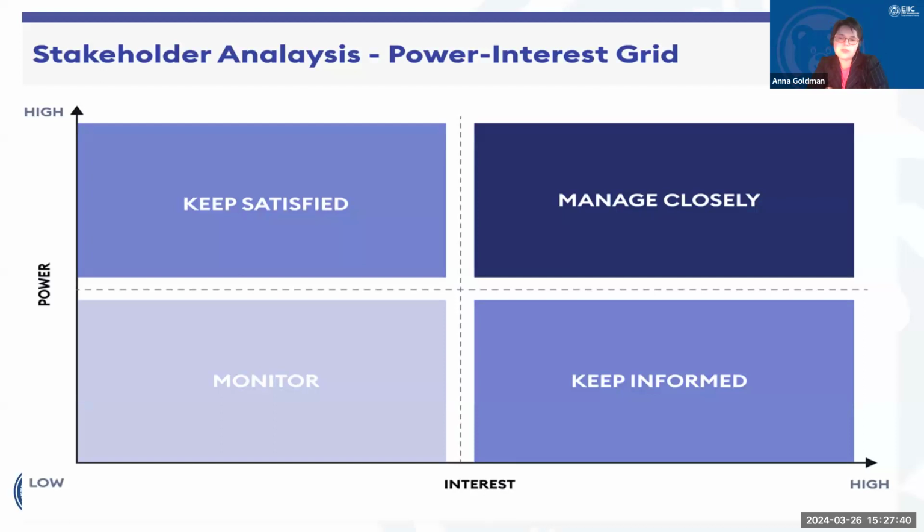I'm going to just let you guys unmute and let us know what you think. So the horizontal line is power, right? How powerful this stakeholder is for our project. And what did I not say? Right, the vertical line, I'm sorry. And the horizontal is the interest, how high of an interest the stakeholder could have in our project.